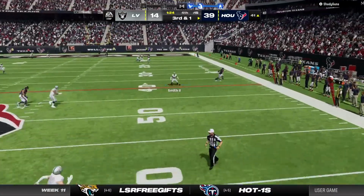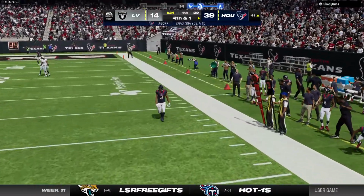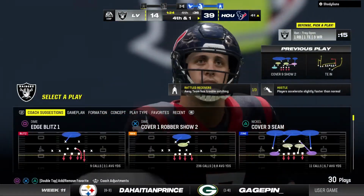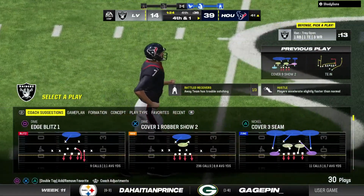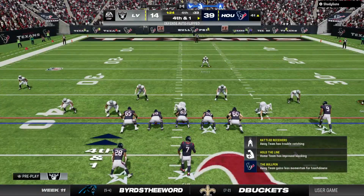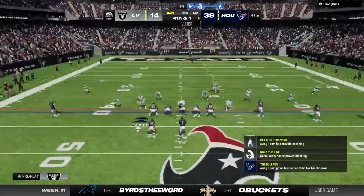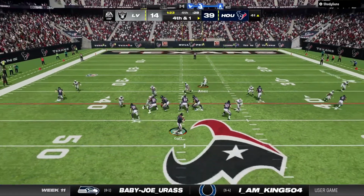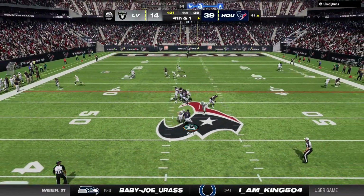Flushed out right. And incomplete. He had nowhere to throw, so he just tossed it away. But that brings up 4th. They're up big, but they're still passing it. I mean, this is an offense that's had a lot of success in this game, and it seems like they're just having fun out there. And it does feel like there's been a shift out there, doesn't it, partner? Listen, if you're up, you can continue to do...